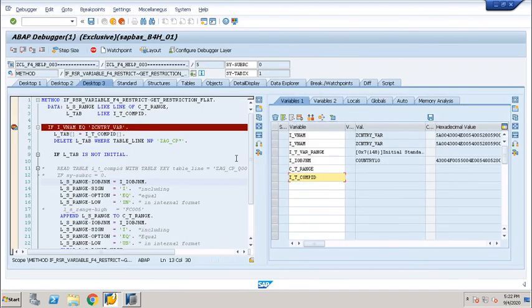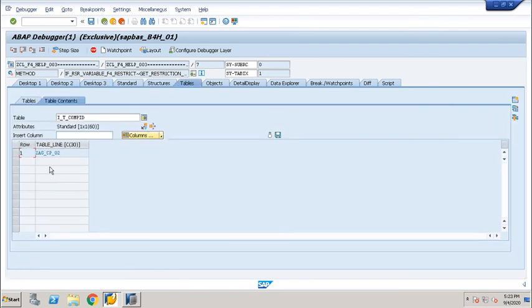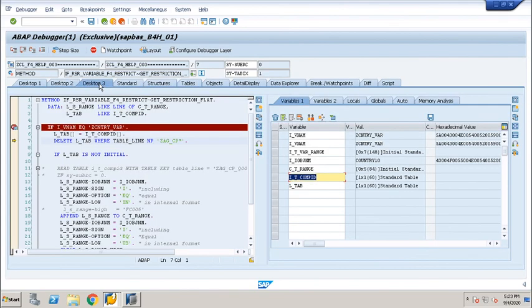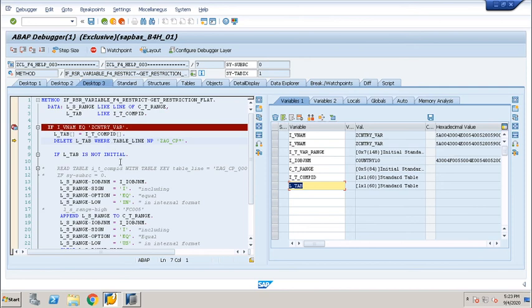Okay, I will press F5, then the data. This is the internal table which we have created. Right now it has 0 data, but in the IT company code 1 data is there. Once I press F5, then 1 data will come. Let's see how the data comes here. Table line: there is only one field, a row field, one table line which carries the query name. All the query names will be here. Then in the L tab also, if you want to see the structure, only the table line is there. Okay, now I will press F5.